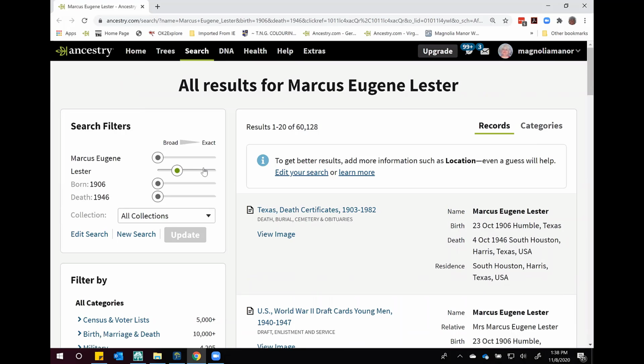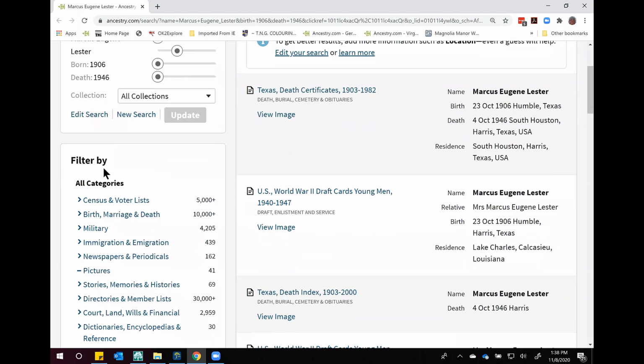Now, if I had attached this or put this tree on Ancestry.com as a tree, it would go out and search for me and show up in the software. However, it's only showing the family trees. It's not showing actual data. So it can help you, but then it cannot help you if you go straight to the source,